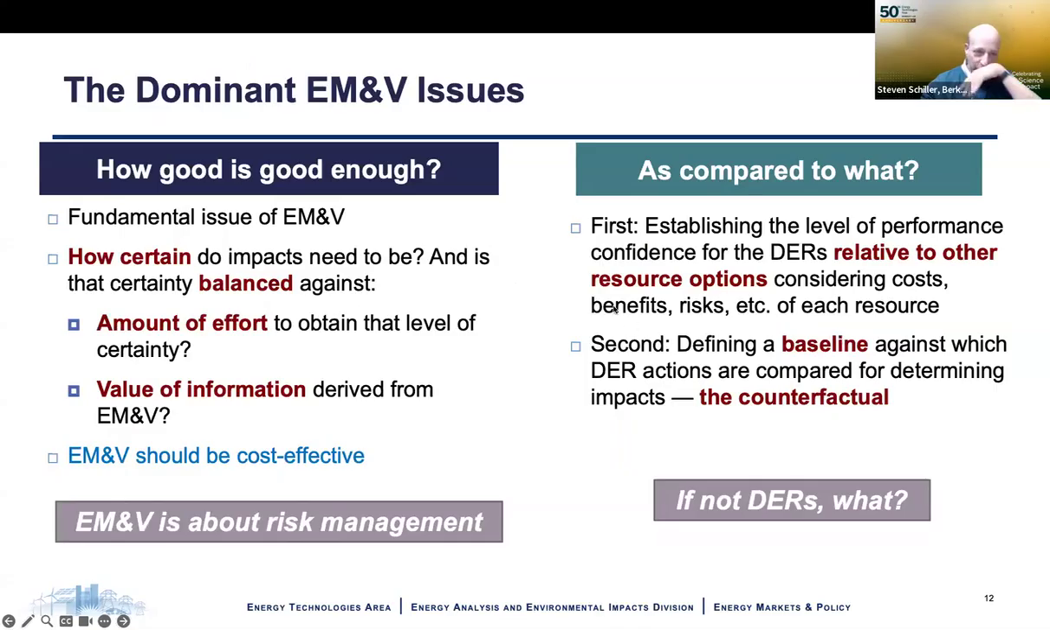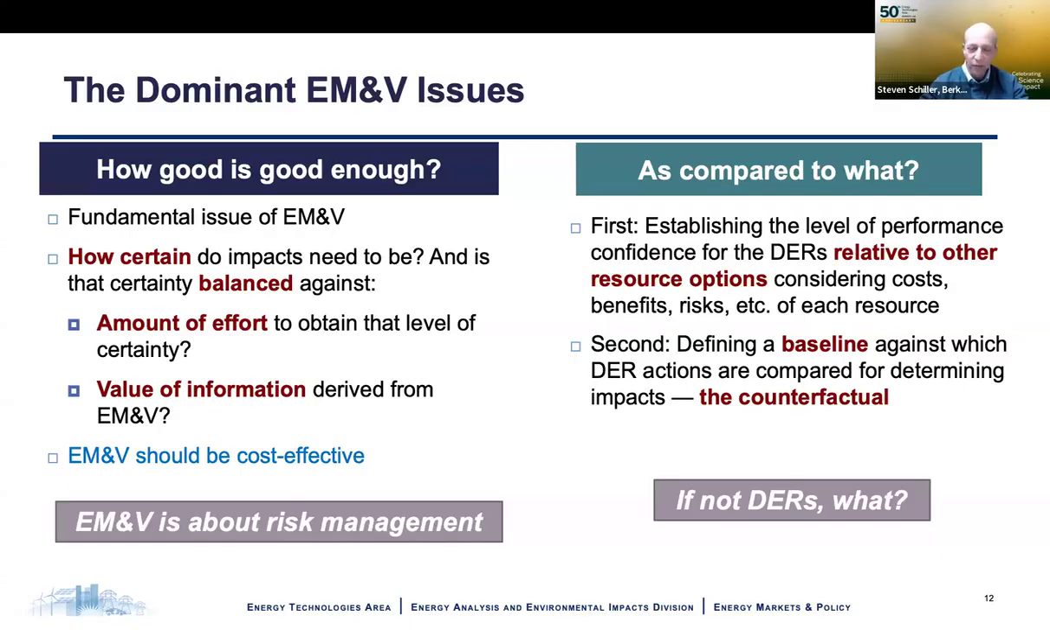That really creates the dominant EM&V issues, the evaluation issues. If you're going to be estimating, how good is good enough? It's really the fundamental issue, I like to think. How much effort do you want to put into obtaining that level of certainty associated with the savings estimate versus the value of the information? And the key question is, what are you going to use that information for? How important is it? It gets back to that earlier slide: understanding what your objectives are in your situation helps you answer this question of how good is good enough,